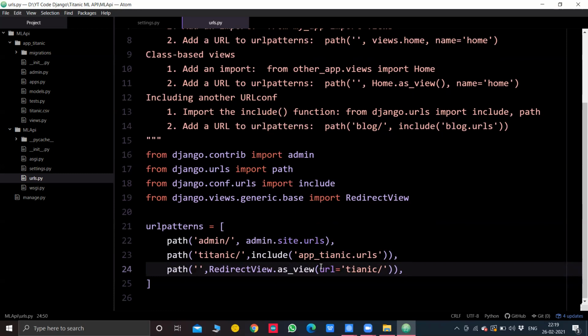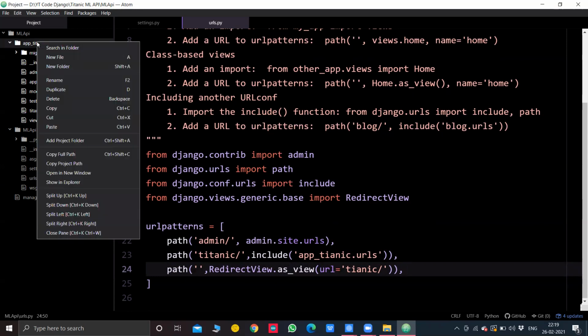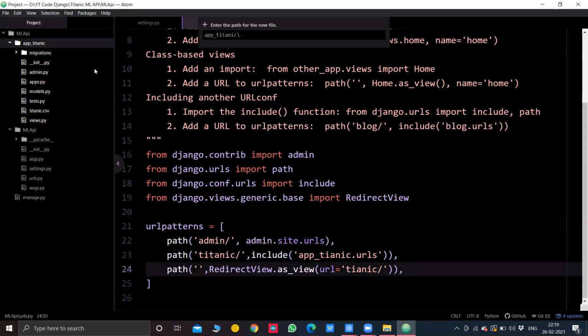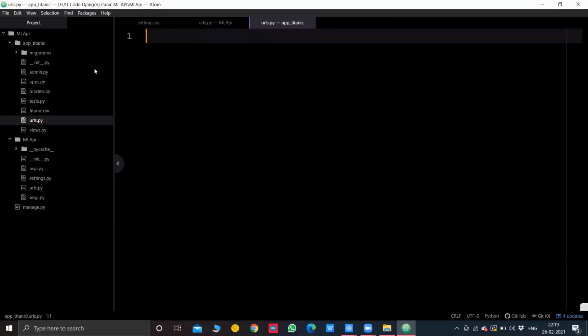Now we can create the urls.py of our application as well. I'll right click, new file, urls.py, and I'll import whatever I want to use at once.